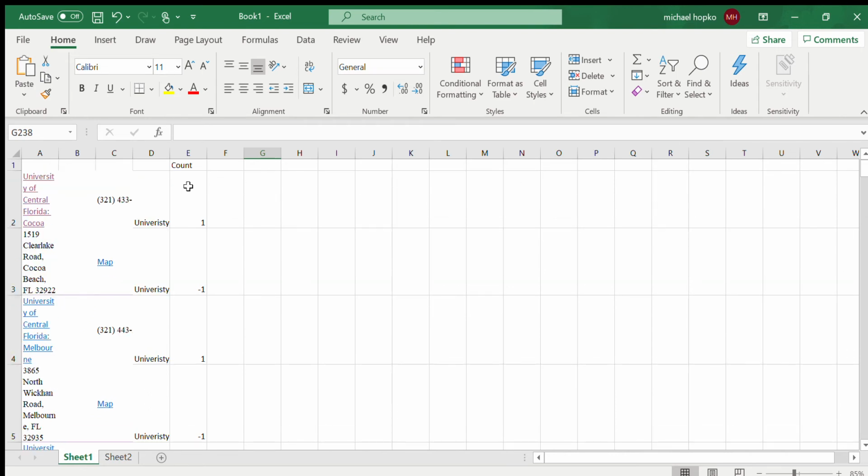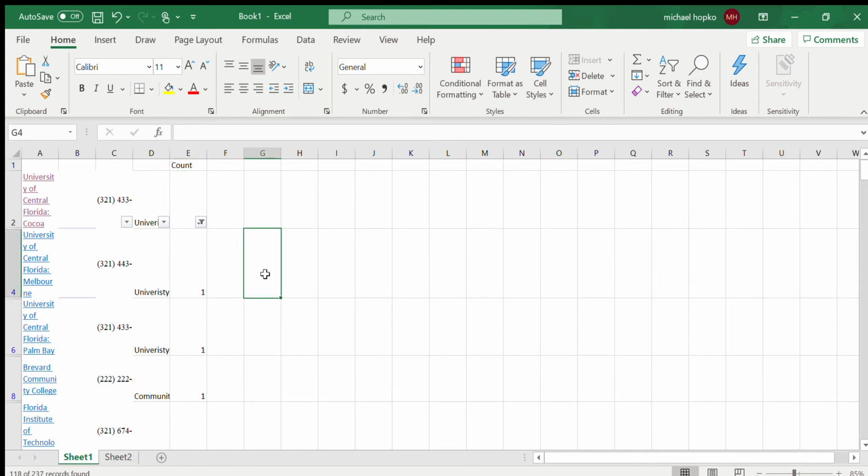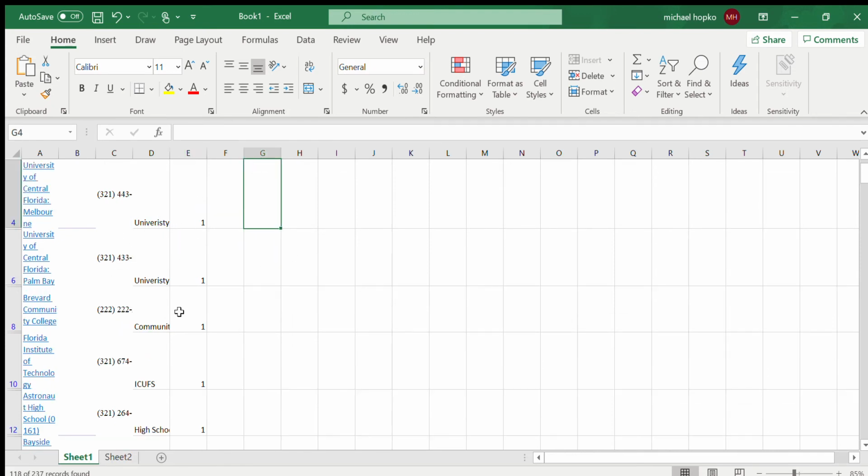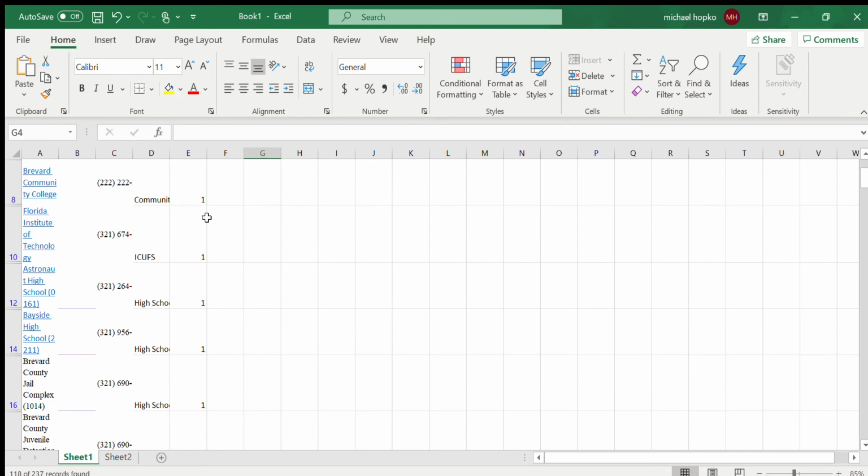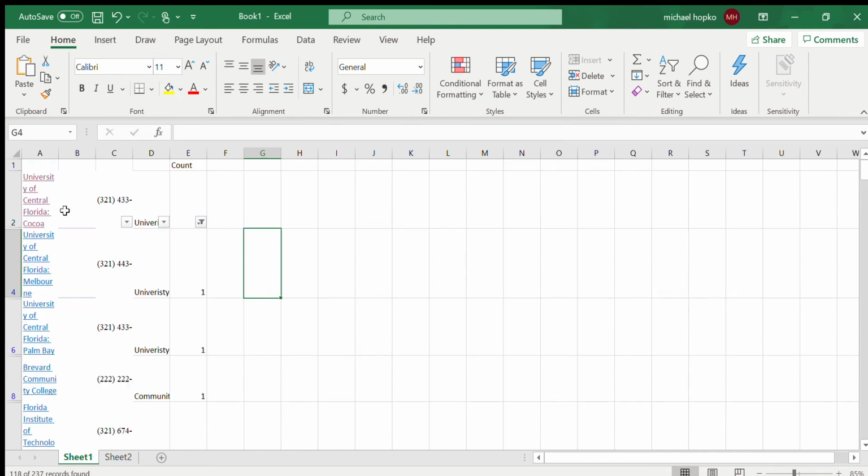And then come back up to the top. You'll click on count, sort and filter, and then filter. And this will set this up like a table. So right next to this, you'll click the little arrow, deselect select all, and just select to display ones. So now all we are able to see is those rows that had this 1 in this column.